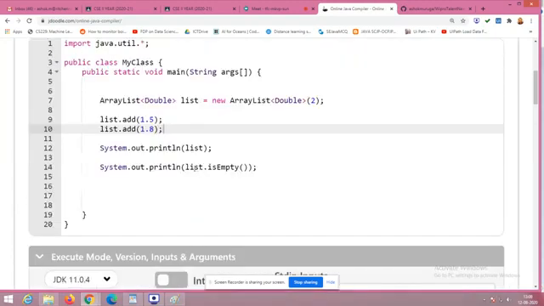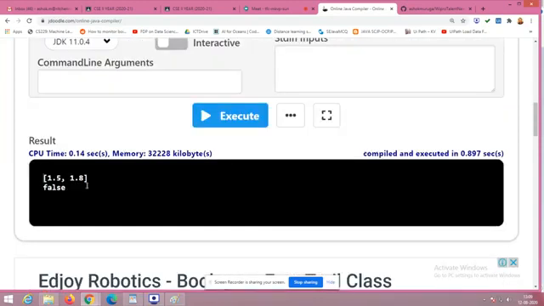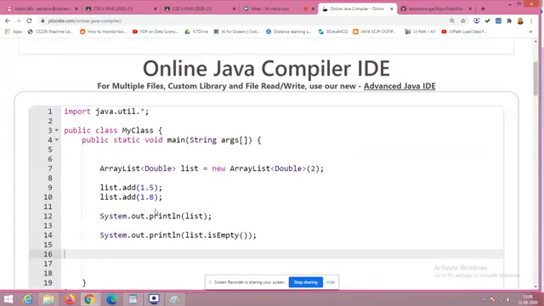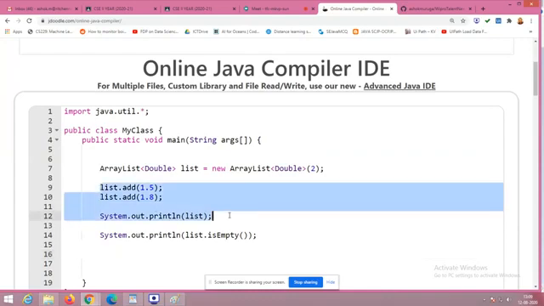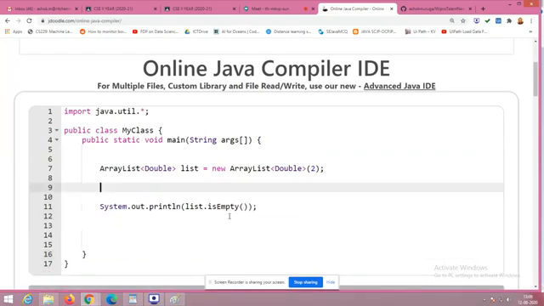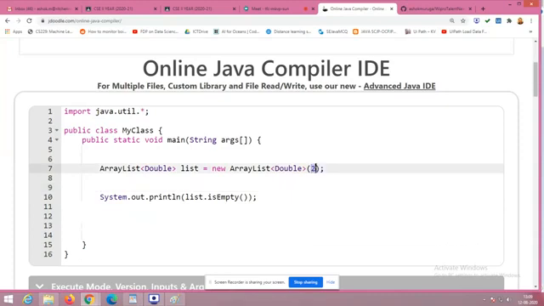See, is the list empty? Now it is not empty, because we have filled it using 1.5 and 1.8. It is returning false. Right. So this is the way of learning the content. That is the idea I wanted to bring about this isEmpty method.